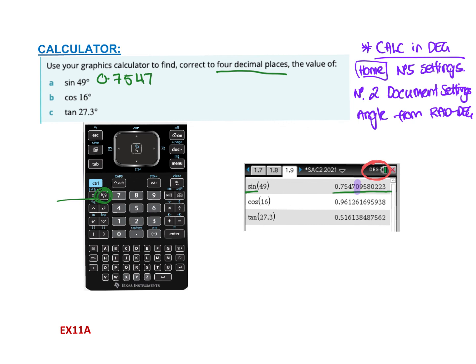So it's 47. What about this cos 16? It'll be 0.9613. Good. And the last one, tan, will be 0.5161. Okay? Because the fifth number was not above 5, and in this one, the fifth number was actually 6. That's why this one went up to 3. All right, you're going to do